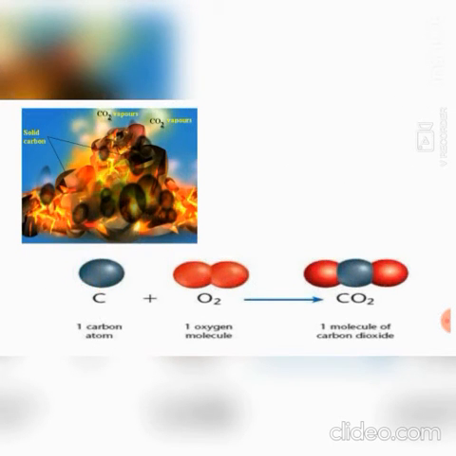So let us see a few examples of chemical equations. In the picture you can see burning of coal. I have told you about burning of coal in a word sentence form. Now we are going to write this reaction in chemical equation form. For burning of coal we need carbon, so C, and we need air, that is oxygen, O2. So C plus O2 gives CO2, that is carbon dioxide.